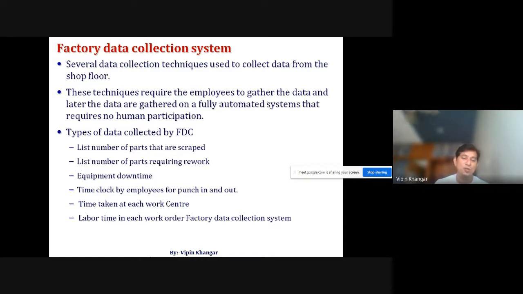Then equipment downtime, which is another loss or wastage. Time clock by employees for punch in and out, so employees' in and out time is also taken. Time taken at each work center, that is, the actual time taken for processing the work part. Then labor time in each work order. So these are the types of data collected in factory data collection.